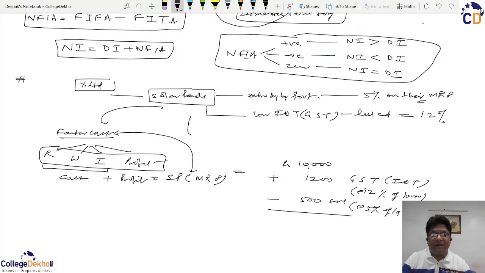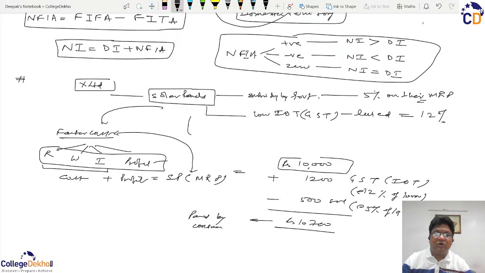So we are getting a net figure of rupees 10,700, which is to be paid by the consumer. The earlier consumer could have paid rupees 10,000, but because of these additions and deletions of the indirect tax and the subsidy,